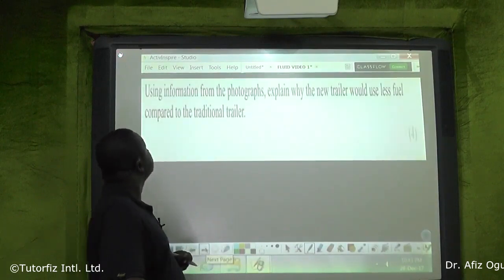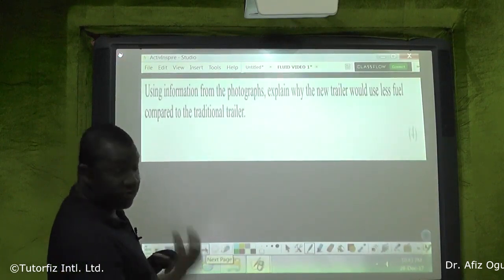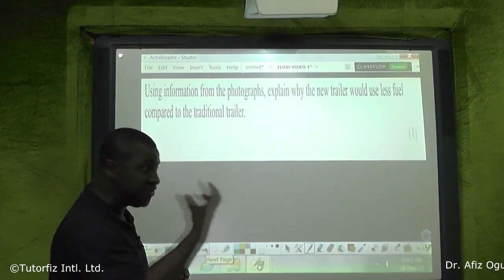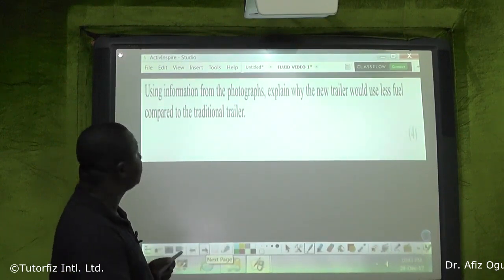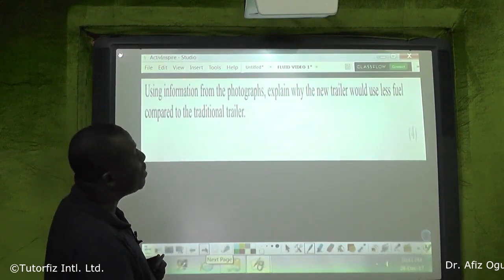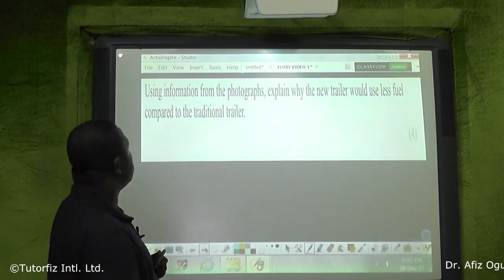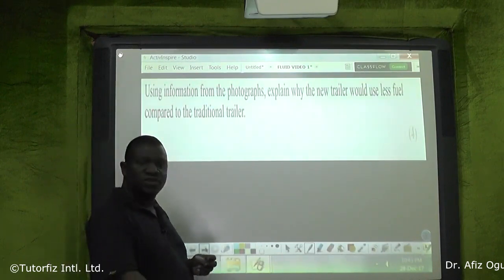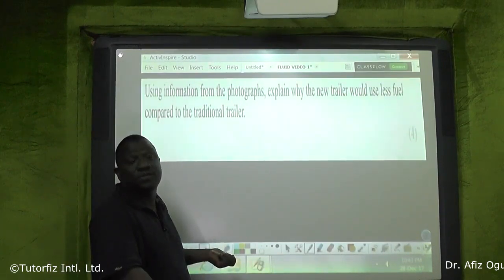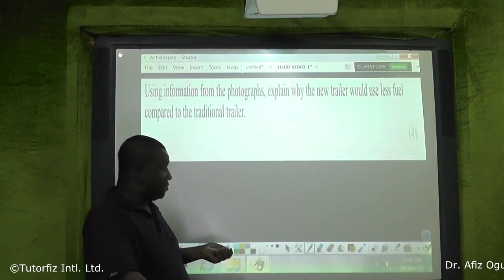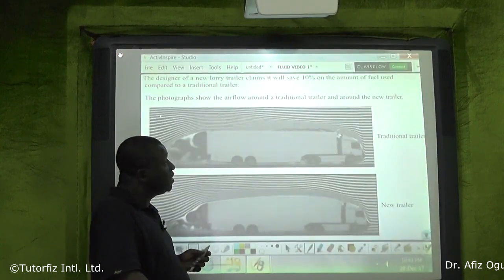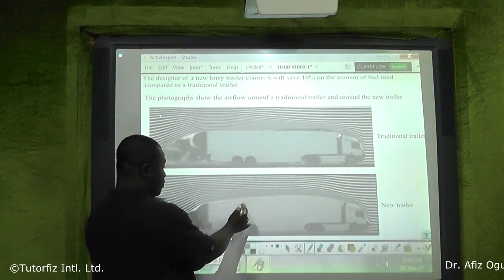So, using information from the photographs, you already studied the photographs. By seeing them, you already spot the differences. Explain why the new trailer will use less fuel compared to the traditional trailer. Yes, they told you it uses less fuel. Why will it use less fuel? That means if this will use less fuel,